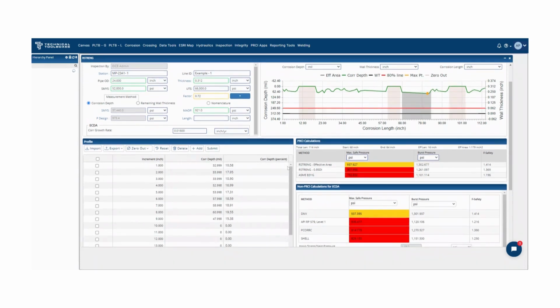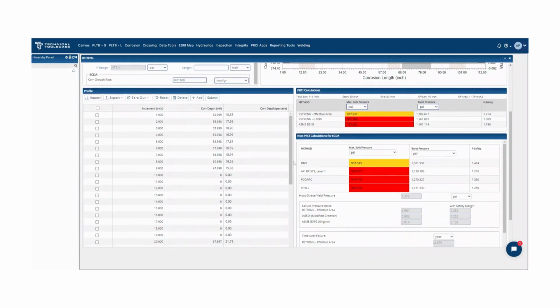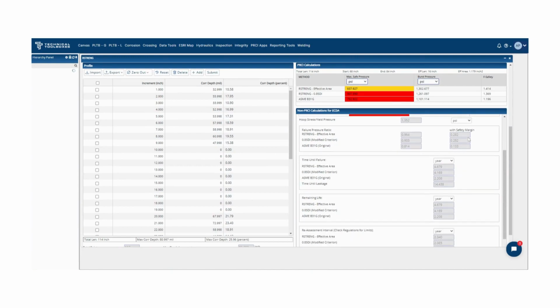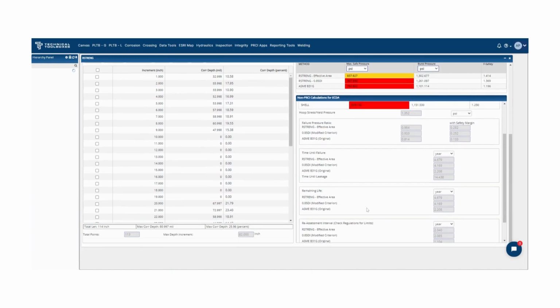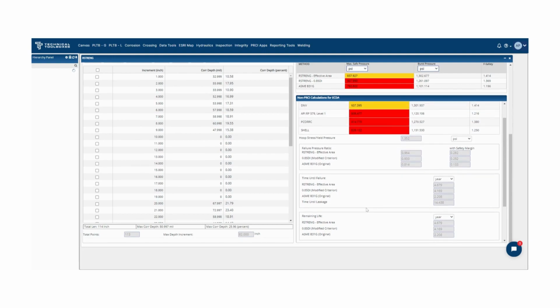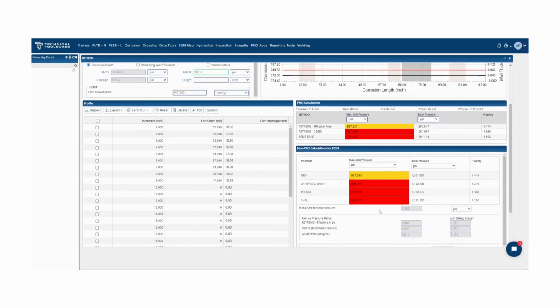The non-PRCI calculations module offers a reassessment interval calculation to reduce risk and cost through optimizing the number of times a pipe is assessed while balancing integrity needs in resource-constrained environments. It also includes remaining strength calculations, Shell 92, DNV, API 579, that provide flexibility to accommodate different scenarios along with